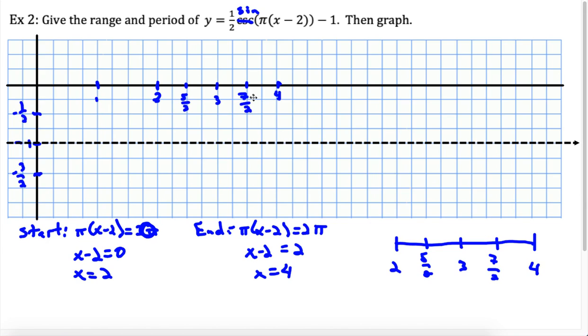So now if I'm graphing sine, I know that I'm going to start at the midline, go up to the maximum, back to the midline, down to the minimum, and then back up to the midline. So my one period of sine, try to get a little curve here. It's going to look